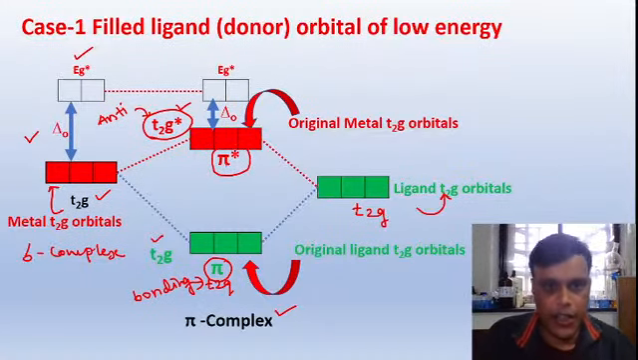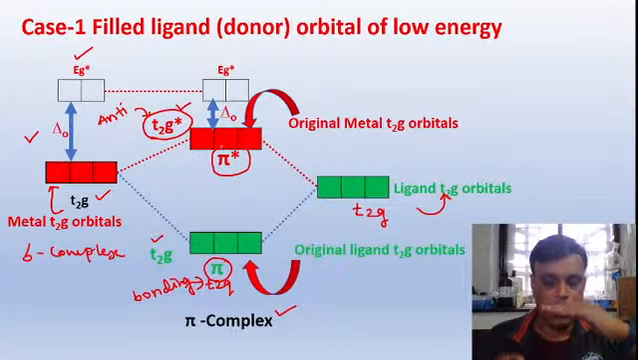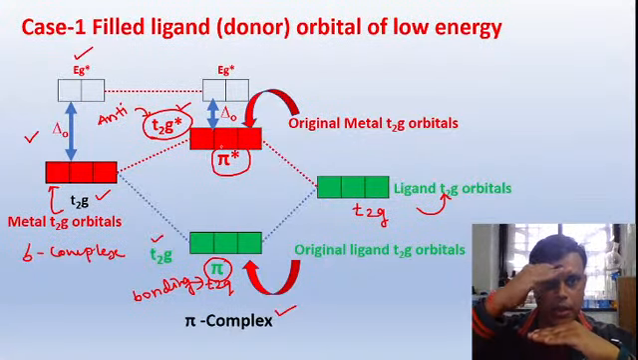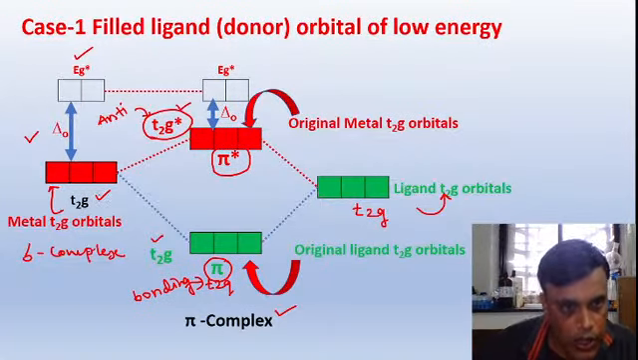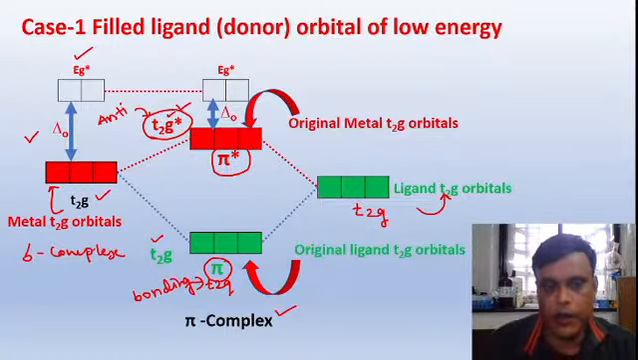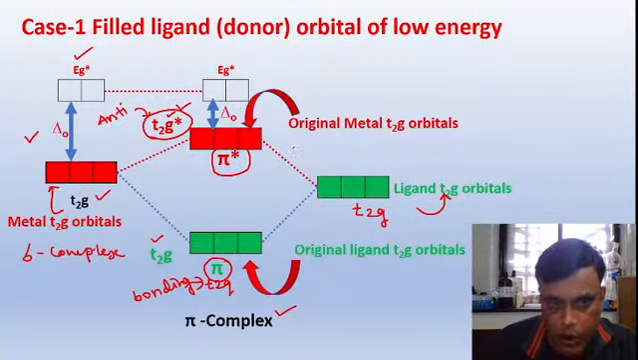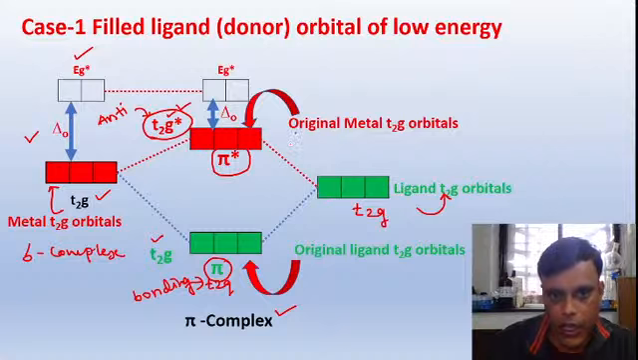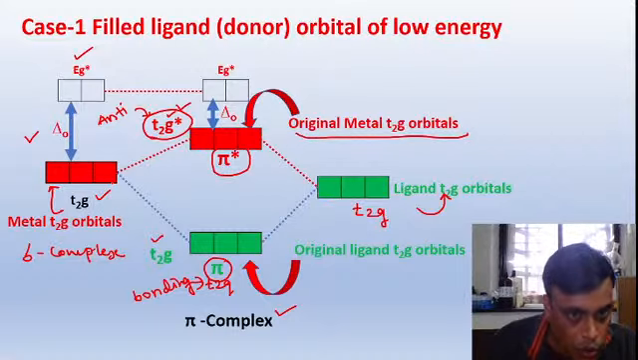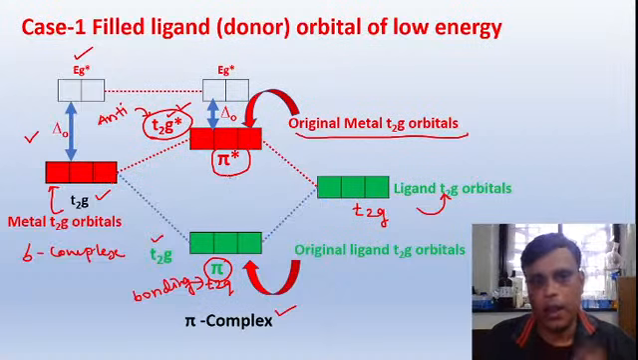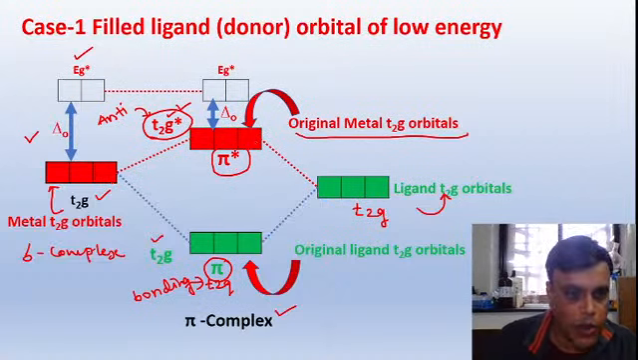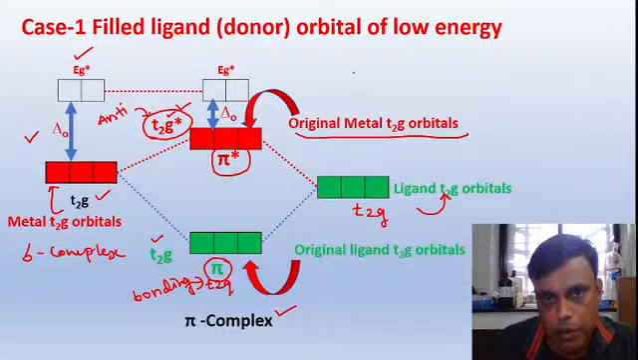gets raised in energy. What happens to its energy? It becomes high, so that the gap between T2G star and EG star orbital changes. Here this T2G orbital becomes T2G star orbital. So the anti-bonding orbital T2G is originally the metal T2G orbital. The energy of the metal's T2G orbital becomes high. So this T2G orbital from metal now becomes T2G star orbital, and here in pi complex,